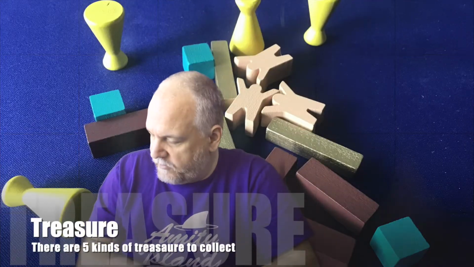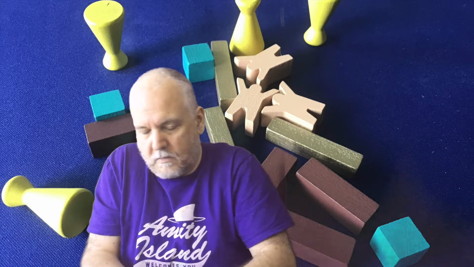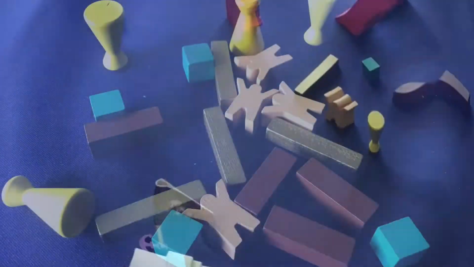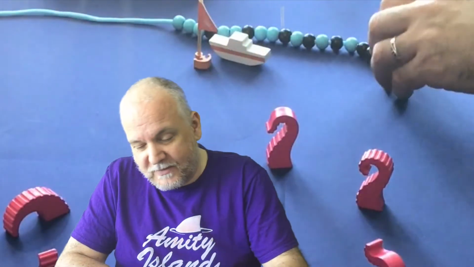And we have treasure. There are 5 different treasure types in the game. We have the captain, the goblet, the chest, the gem, and the gold bar. The goal of the game is to be the first captain to get all 5 items on your boat. Or failing that, when the crab reaches the last bead on the track, you want to have the most treasure